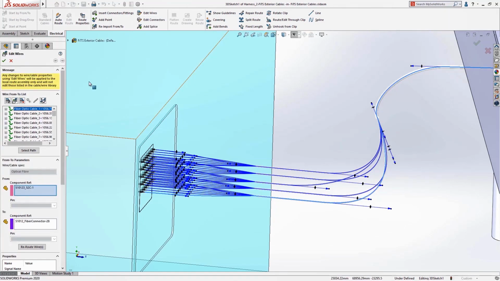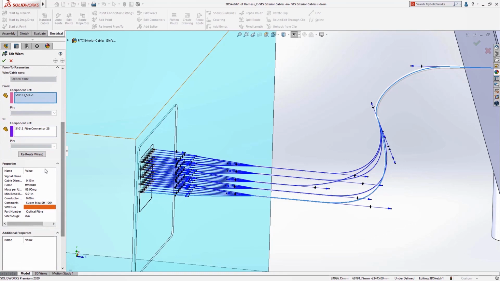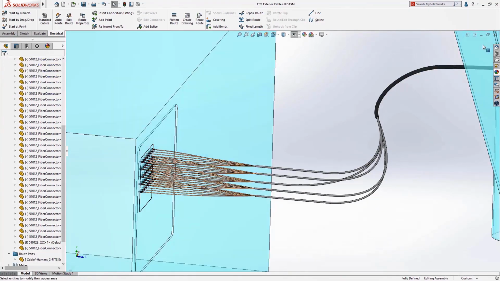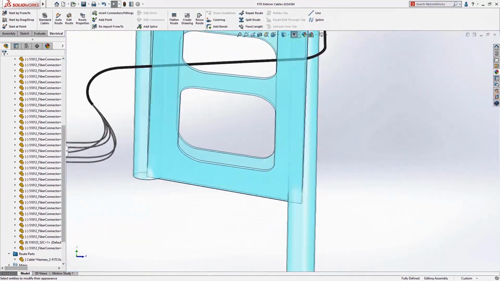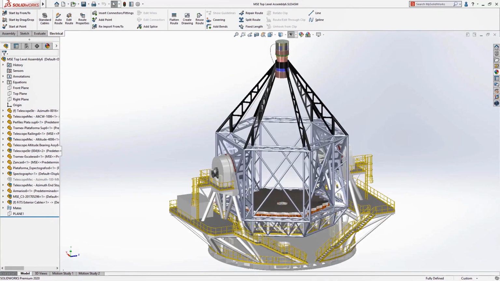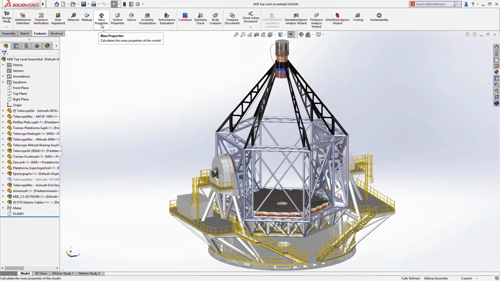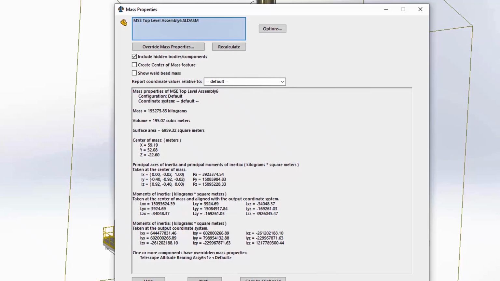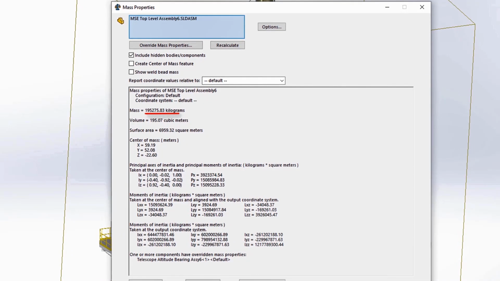SOLIDWORKS 2020 includes the ability to fill in mass properties for wires, cables and even coverings, including partial coverings of a route. This can be defined from the SOLIDWORKS Electrical libraries or from the Routing Library Manager. So, in addition to generating route subassemblies with circuit summaries and connector pinout details, we will also have the mass calculated automatically, even as changes are made to the route. Now with 2020, we can easily understand how the wires and cables will affect the centre of mass and moments of inertia in the project.